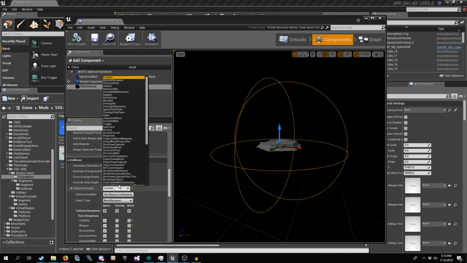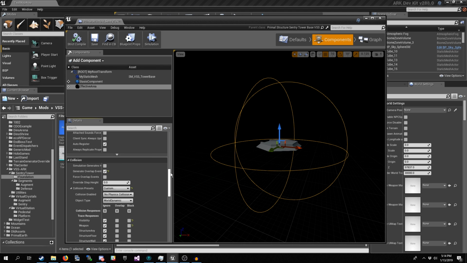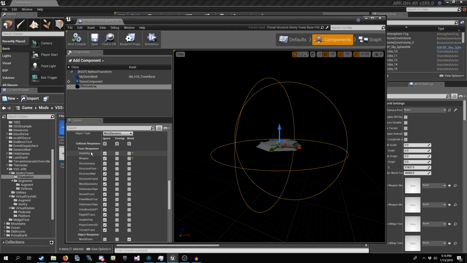So the easiest way is you can go to overlap only pawn. Go ahead and select that and then select custom. And then all you have to change is on these trace responses, turn both of them off. Put both of them to ignore so that all of the trace responses are on ignore.